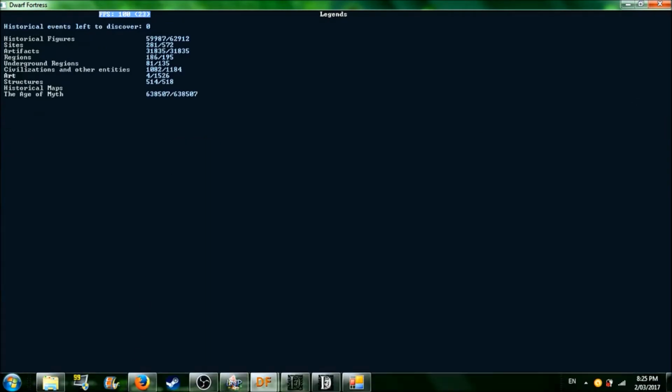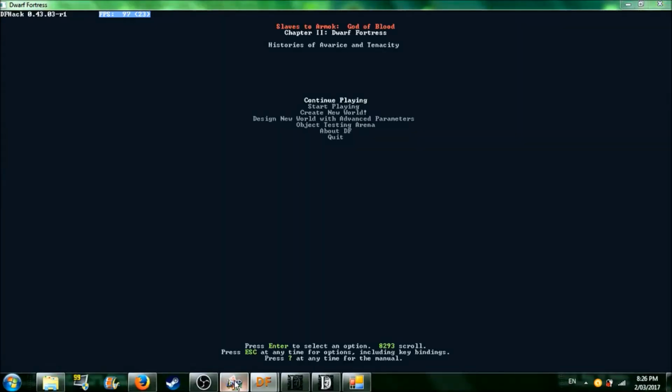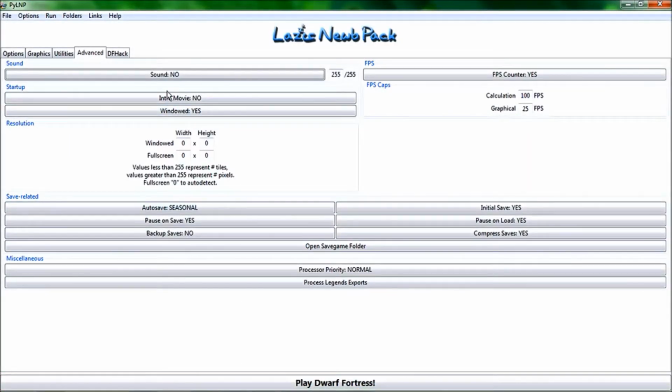You then want to press X and then down. That's simply because if you press X and then up to show that it's done when it moves up, sometimes it breaks or fails. So pressing down seems to work a little bit more often. Then we're done with Legends. Done, sorted. We can then go to Lazy New Pack if you've got it, and press this button right here